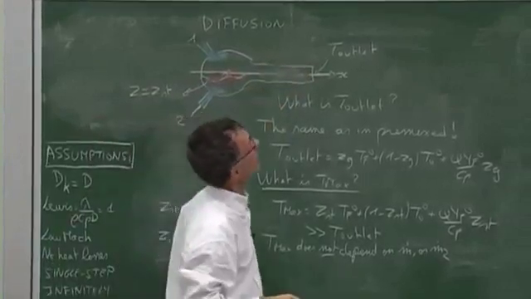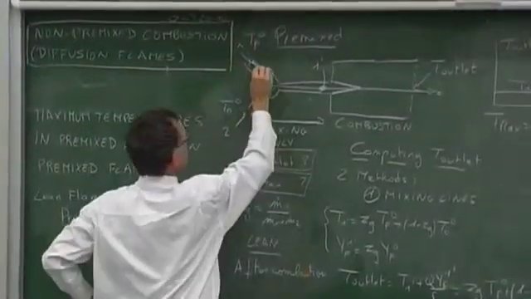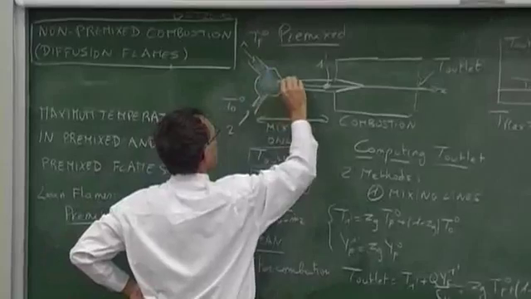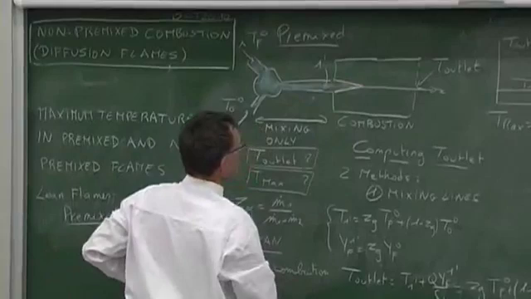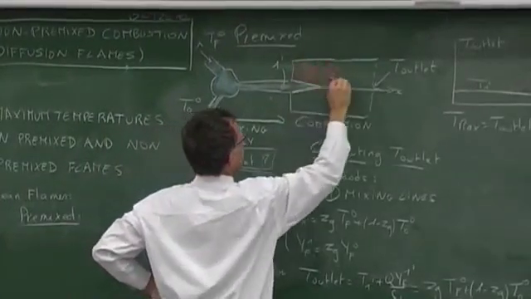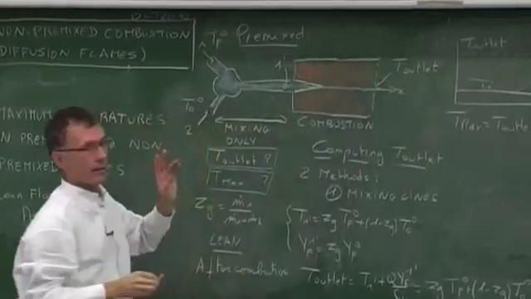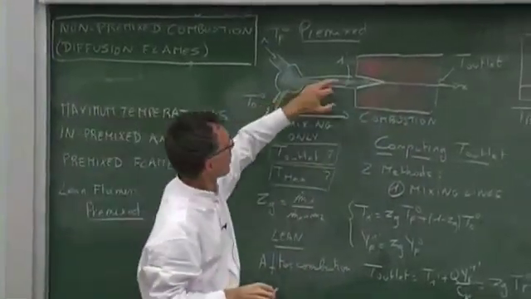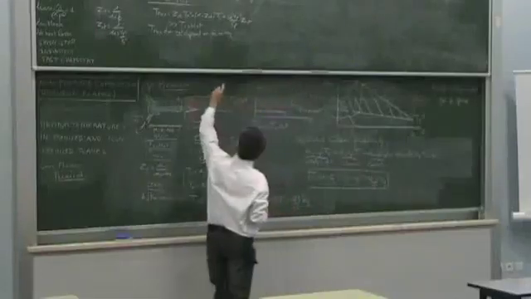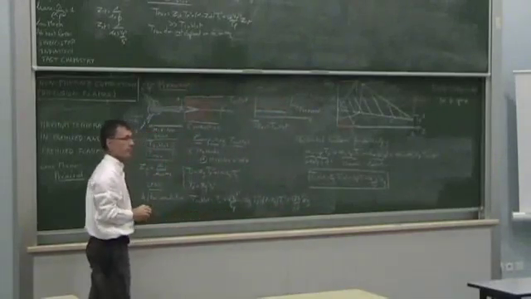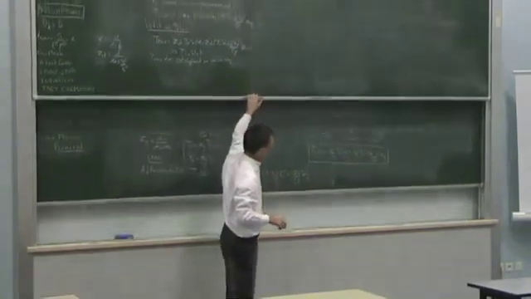For a premixed flame, things are different. For a premixed flame, everything will be cold here. It's cold everywhere, cold, cold. And here, it will get to the outlet temperature. But not above it, okay? It will just go from this value to this one. It will not jump to another value like we do for diffusion flames. So let me do an example.